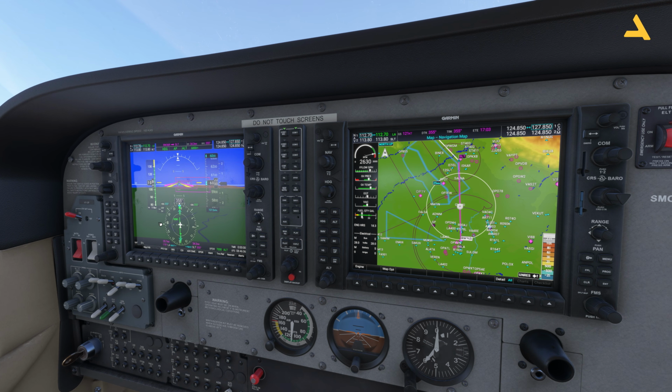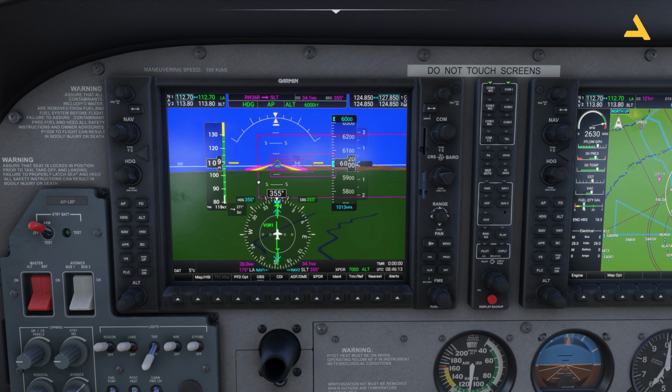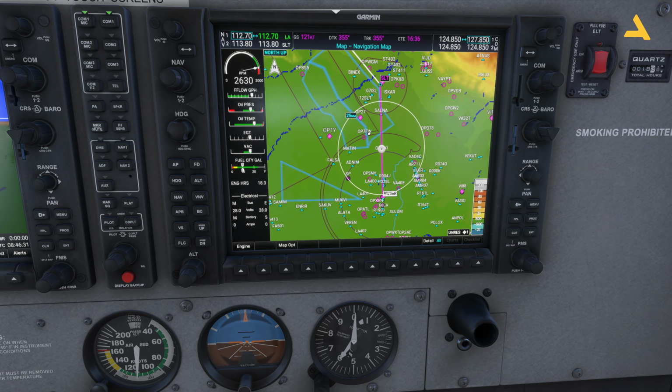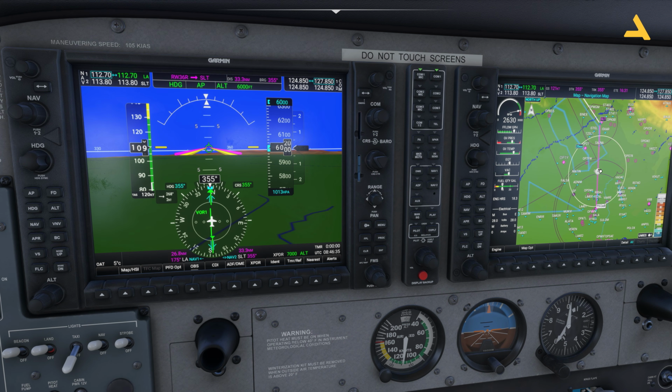The pathway has also started to appear over here. So I can just get rid of this pathway because this is cheating. I'm slightly off the course, but I don't want to cheat. So let's go to this option, PFD options, and go to SVT and just turn off the pathways. I don't want this. This will be cheating. Because when you're doing VOR navigation, you don't do this GPS flight plan. Okay? But just to show you, right now you can see I'm following this line and almost on the course,